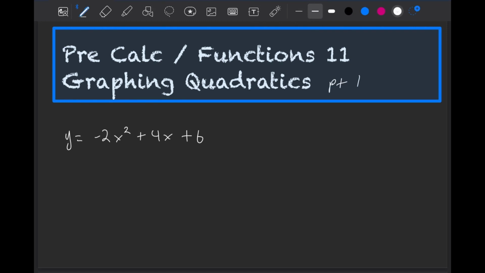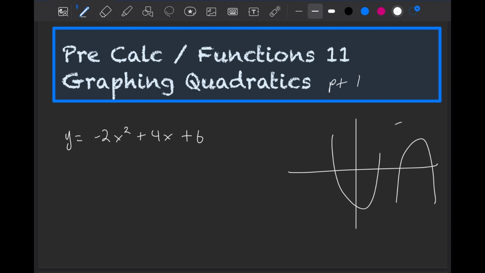Alright, now let's continue talking about quadratic equations and talk about graphing them. To graph the quadratic function, we know that a quadratic function will either open upward or downward, depending on if there's a negative in front, on the leading coefficient, or if it's a positive. So, for this particular example, what we will do is first factor out this -2, and then we're going